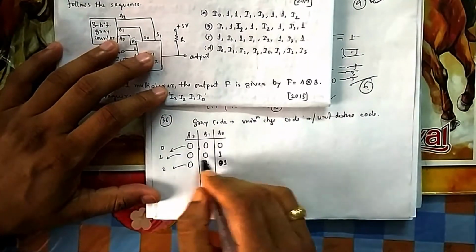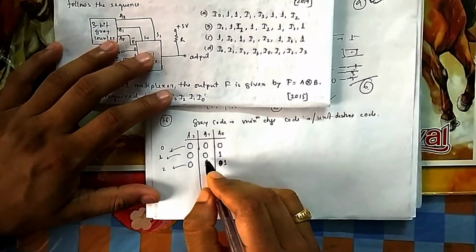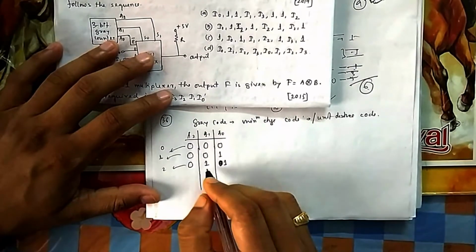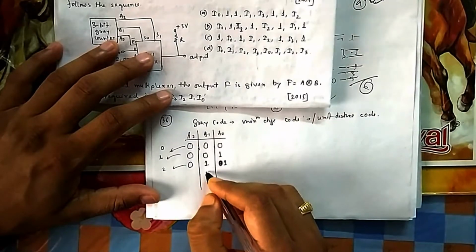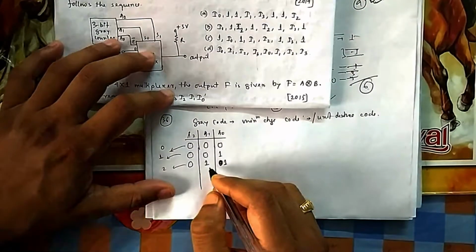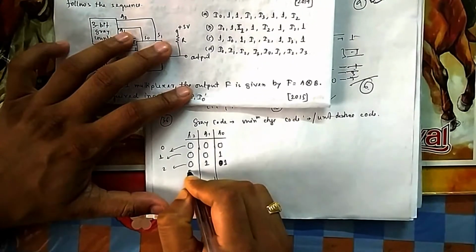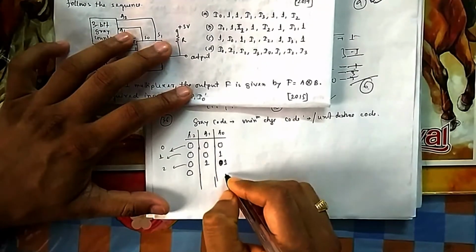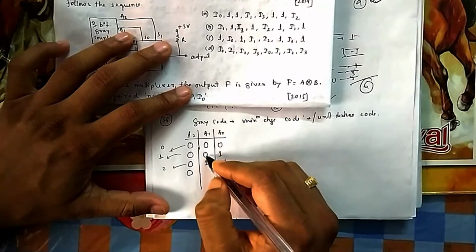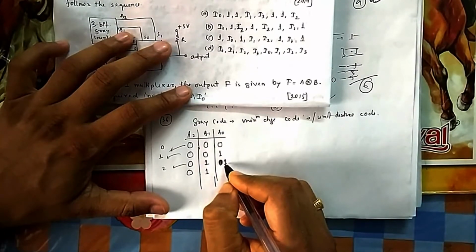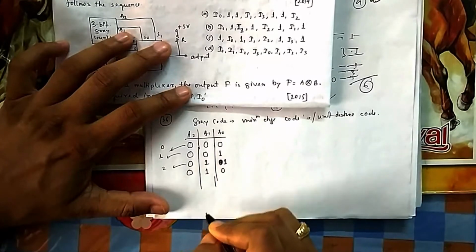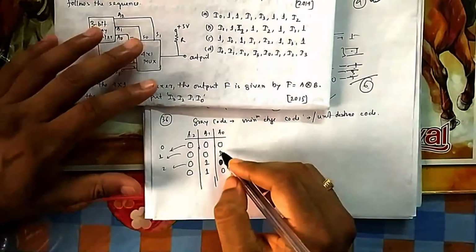So it is 000, 001. Next one you will change this one to 1 and keep the rest. Now what can you do? You have changed these 2, now you can change this one also one more time. So you keep it as it is and change only here. With 0 I have written both, with 1 also I will write both. Next it will be 0, you can write. Okay.